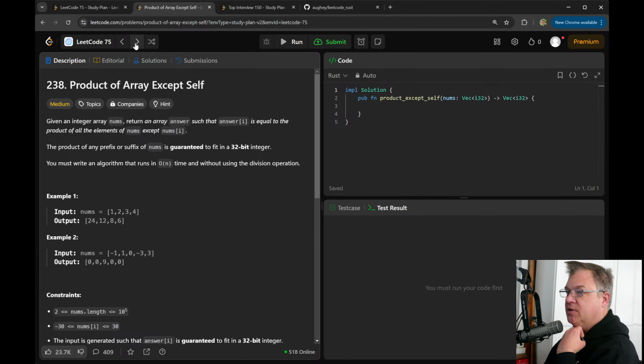Product of an array except self. Given an integer array of nums, return an array answer such that answer[i] is equal to the product of all the elements of nums except for that. Okay, this is an easy one.